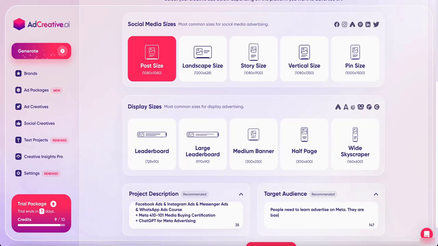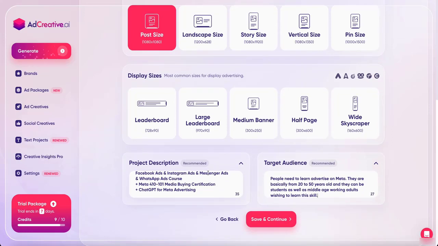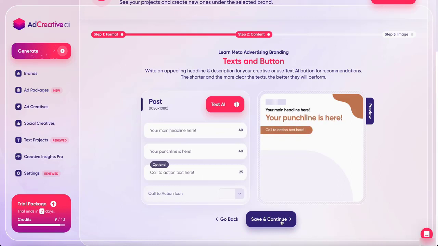They are from 20 to 50 years old, and they can be students as well as middle-aged working adults wishing to learn this skill. Okay, then we have the description and target audience, and we click save and continue.